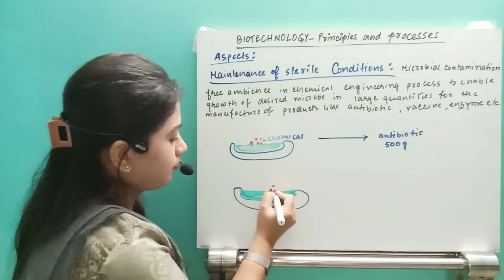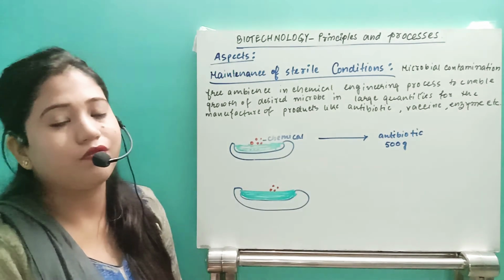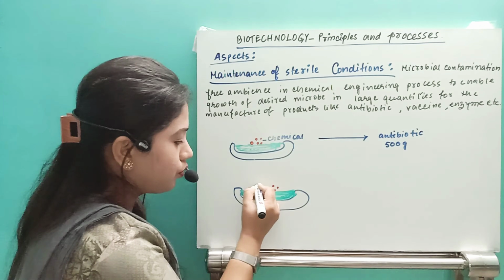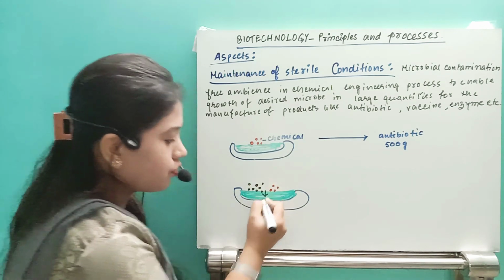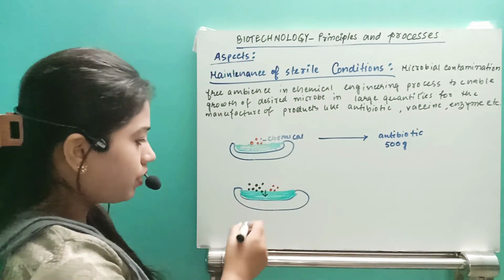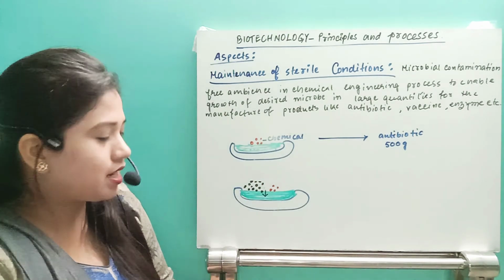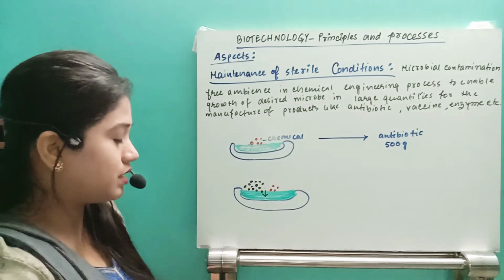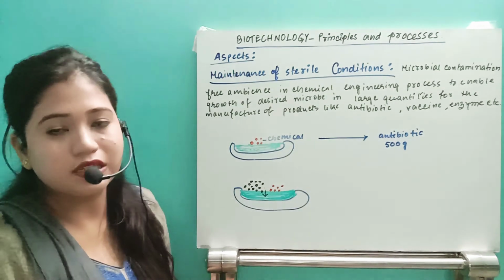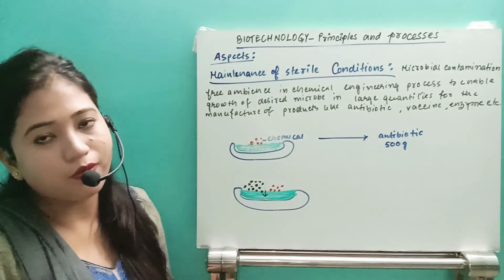That fungus is growing, but due to any carelessness, suppose some other type of microorganism, a different bacteria or a different fungus, also starts to grow. Then what will happen? They will also consume the same nutrient. Their growth is also occurring by using the nutrients, and that will restrict the growth of our desired microbe. It will not be able to grow in the huge quantity it needs, because the other microbes are also growing.